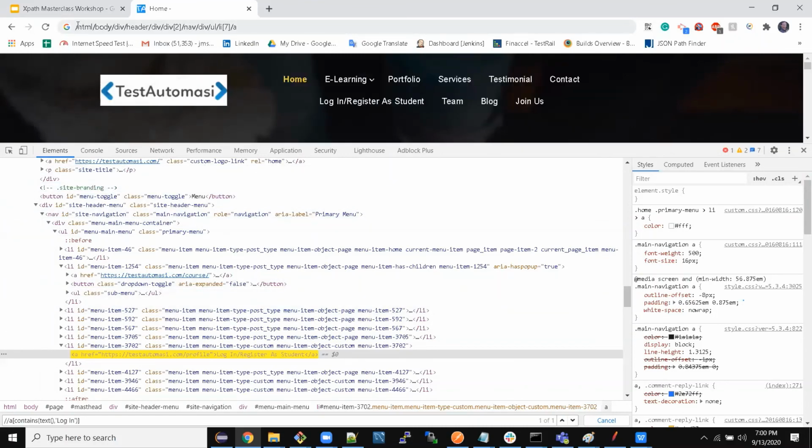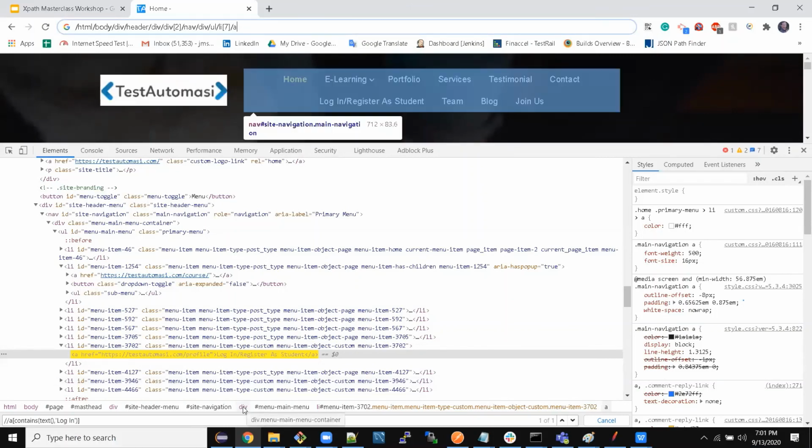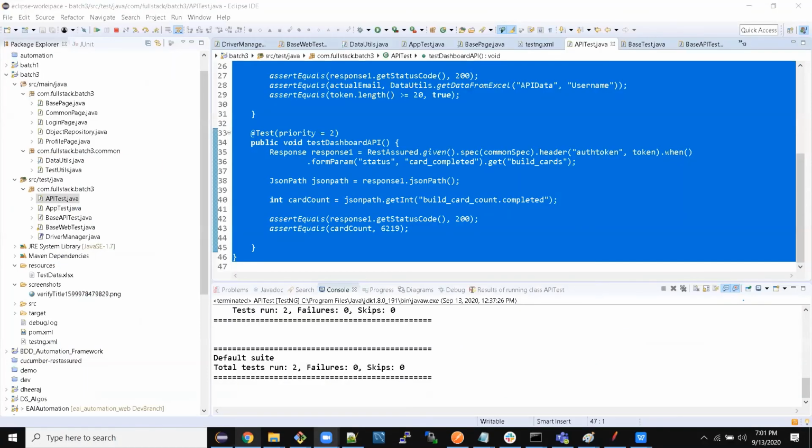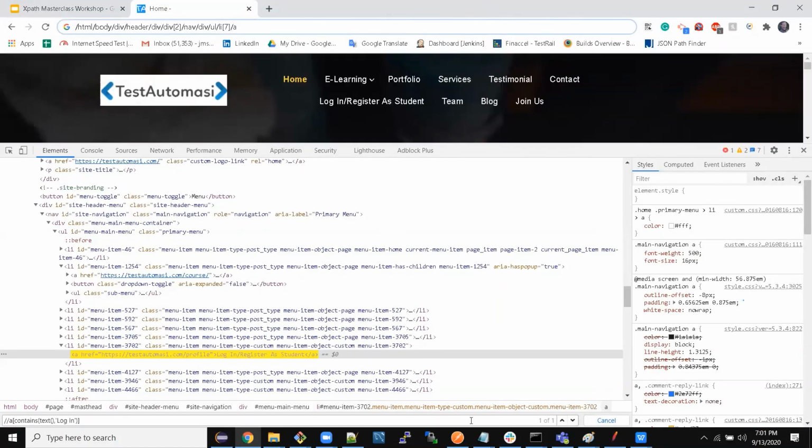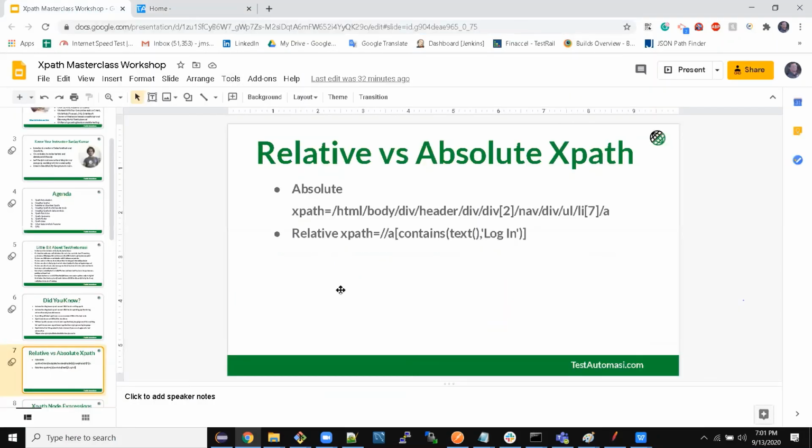Anything we add here is not dependent on this, unless we add another link with text like login as an admin, only then it will fail. So this is about why we need to choose relative XPath compared to absolute.